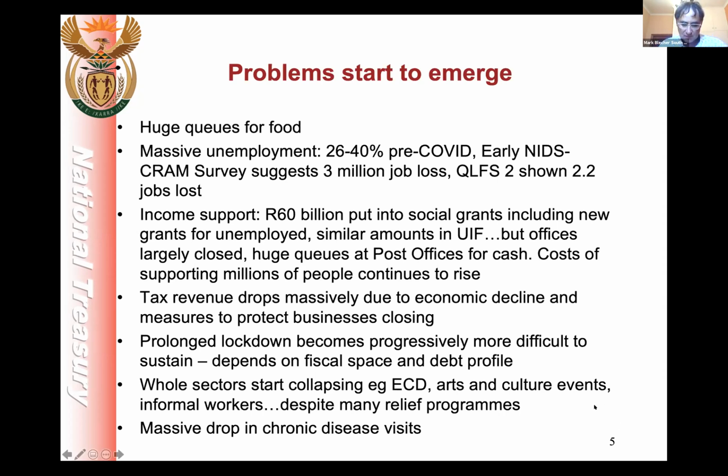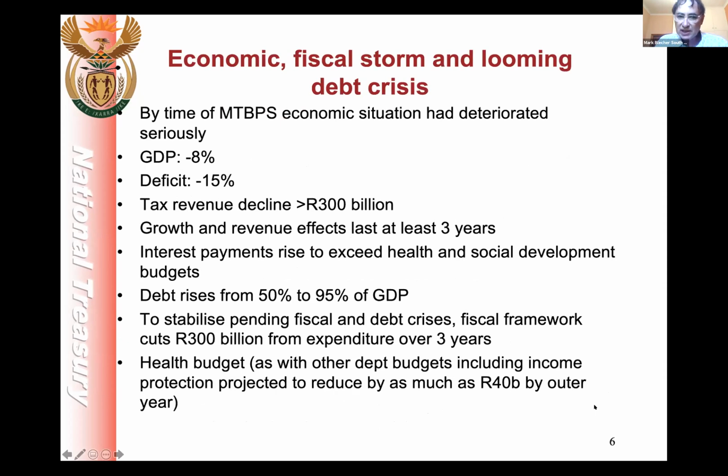Next slide, please, Nuru. And then this economic and fiscal storm and looming debt crisis starts getting even worse. By the time of the medium-term budget policy statement, GDP is projected to decline by 8%, the deficit to rise to 15%, tax revenue to decline by more than 300 billion rand. And this is not just for 1 year. These effects go forward for 3 to 4 years. Interest payments and debt start rising. Interest payments start exceeding the entire national health budget and the social development budget. Debt starts rising from 50% to 95% of GDP. And then